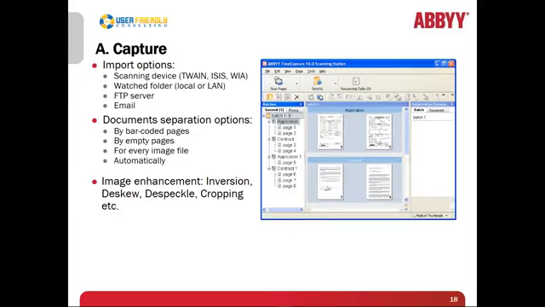There are different phases I speak about. Capture: I'm going to move quickly on this, but I want to mention that we can import documents. We can capture documents by scanning. We can watch a folder, say a multifunction peripheral device every company has: walk up, drop a stack of documents in, and have those documents automatically sent to FlexiCapture.